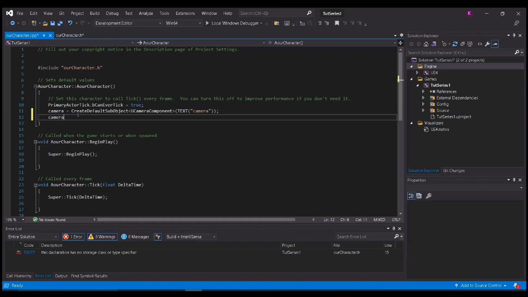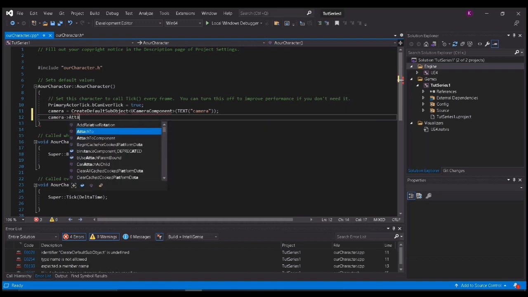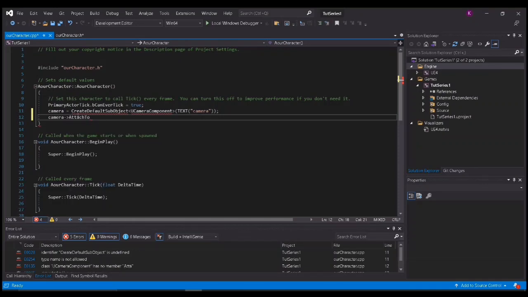So to do that, we're gonna say Camera attached to root